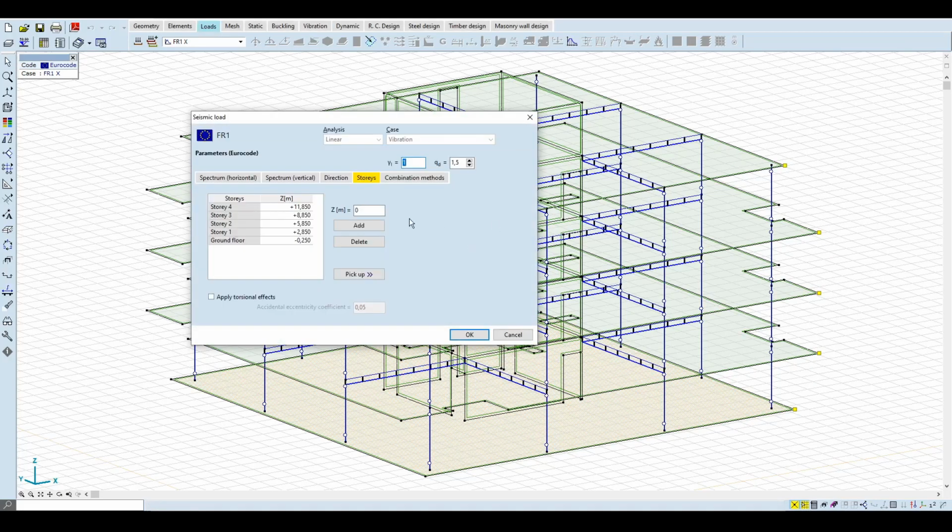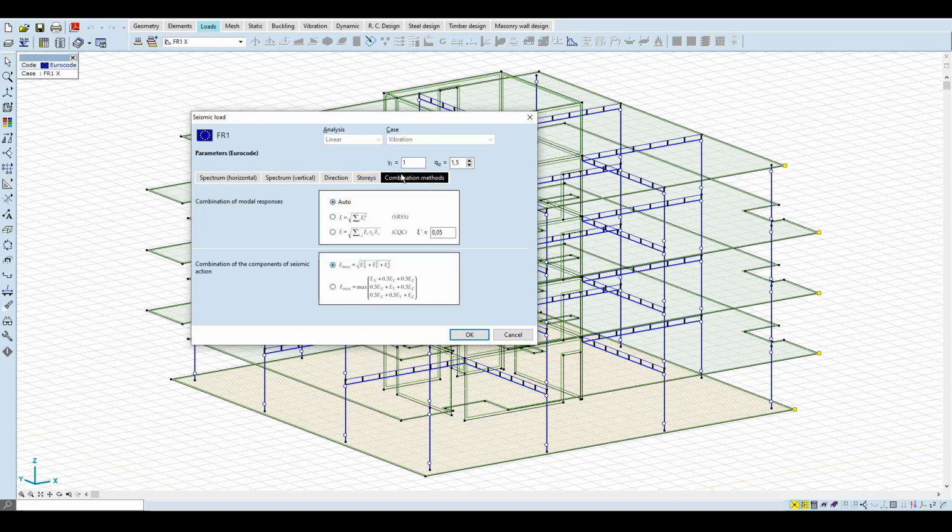We apply torsional effects with a coefficient of 0.05 according to Eurocode and move on to the combination methods. It is always safe to use the CQC method for the model responses, and we will use the SRSS method for the direction combination for this example, assuming that there is a low cross-correlation between the directions.